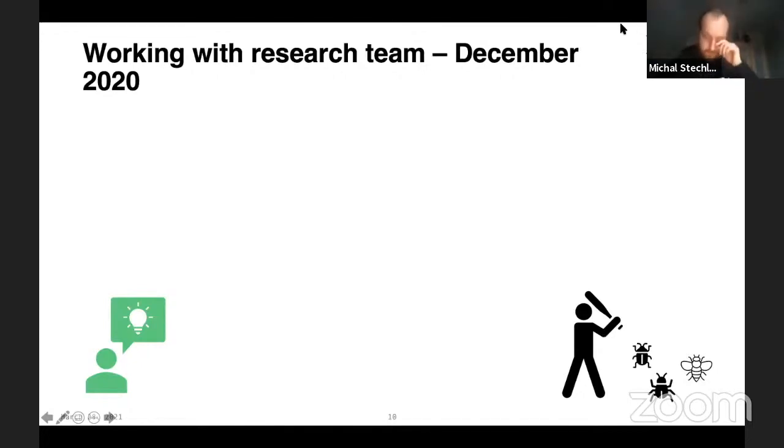So it all started roughly in December 2020. As you can see, we have a researcher here in the left corner who has some ideas, and you can see a quantum software engineer just squashing some bugs in the bottom right corner. And basically, at some point in December,